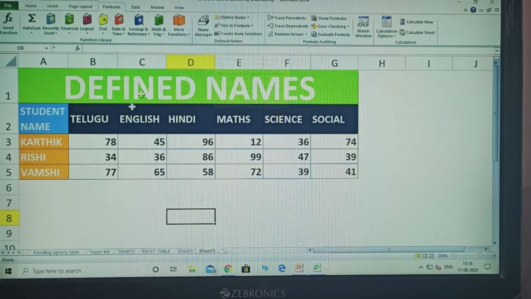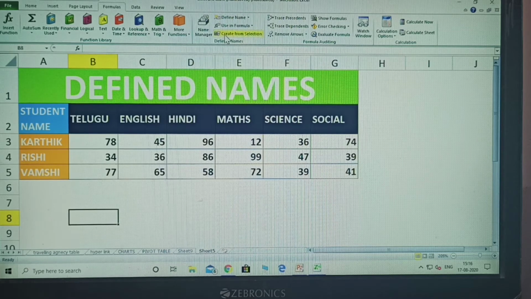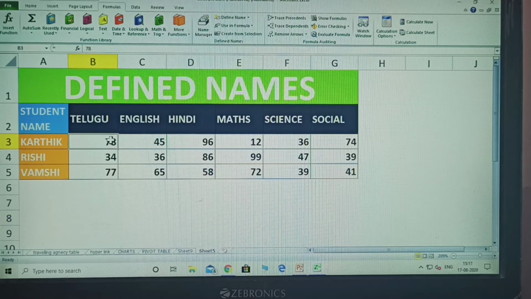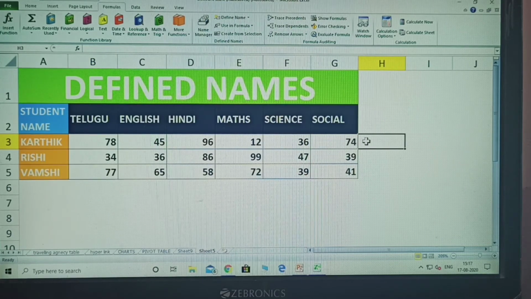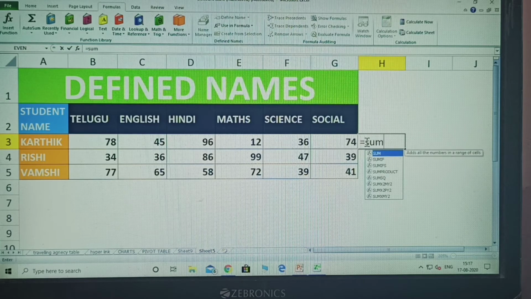How to use the define name? Before that, some explanation. Normally, for one person's mark list, how to calculate in Excel? Click here, equal to is compulsory before any formula in Excel. After that, sum, adding.